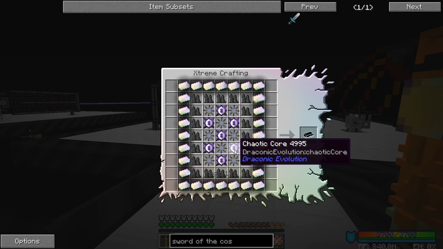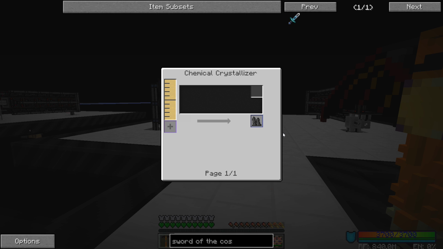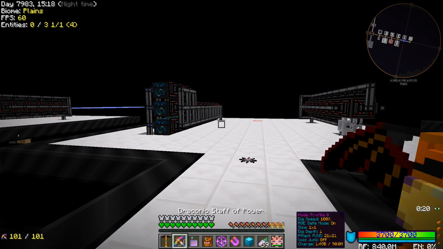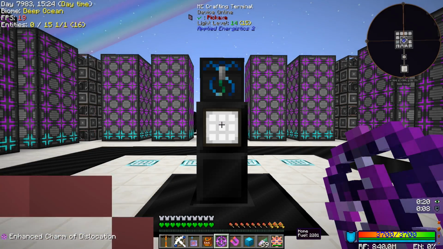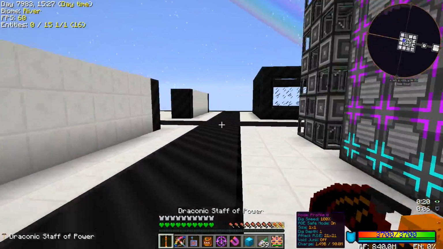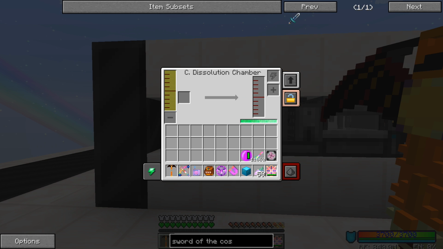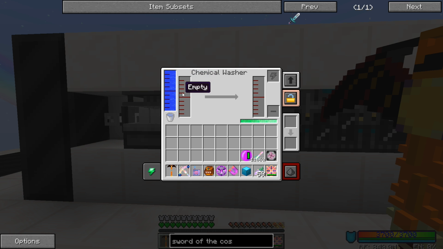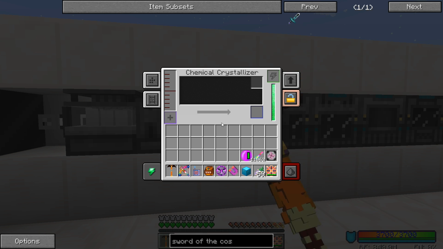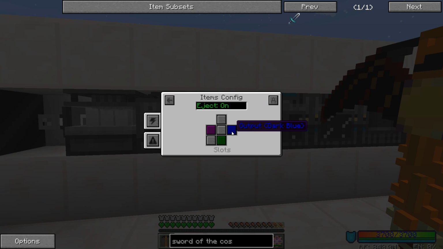So Chaotic Cores we have under control. We have Chaos Catalyst now. Palladium Crystals, however, I don't know if we have a way to actually get these crystals. All right, let's go back to the base real quick before we start anything else. So back at the base, over here, we had a thing set up so we could 5 times ore process stuff, right? So we had our chemical dissolution chamber that we can put our ore in. We get the slurry here, then it gets washed into a clean slurry and put over here into our chemical crystallizer. But I'm pretty sure this thing is set up to automatically eject,